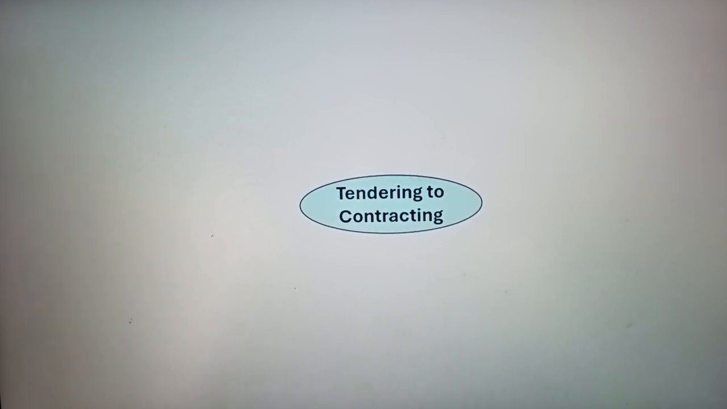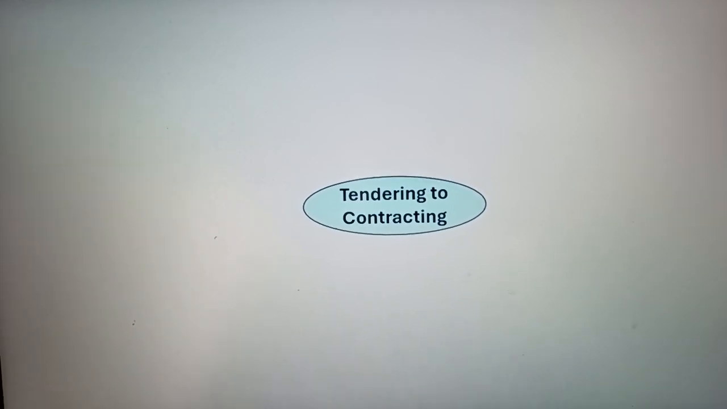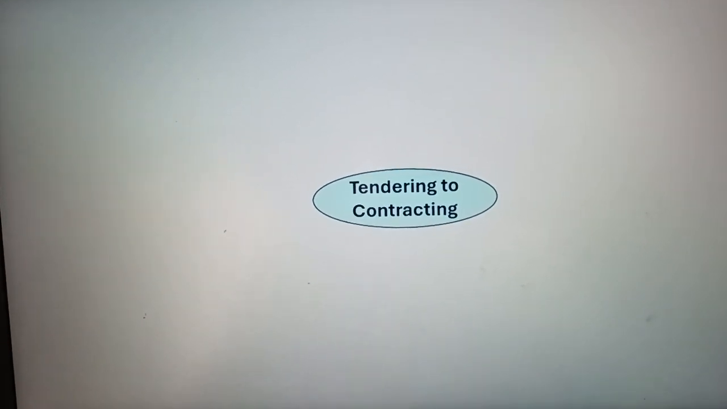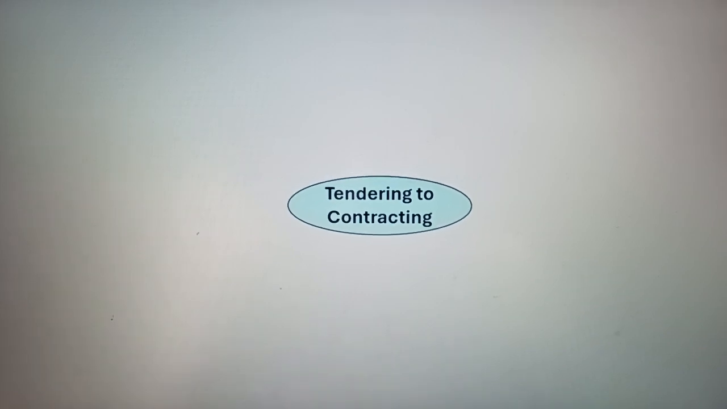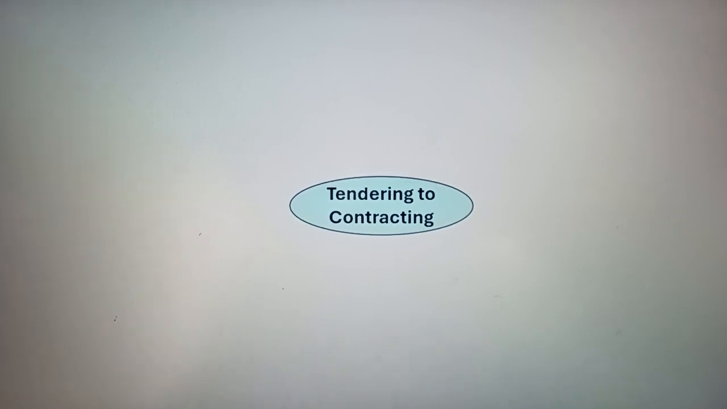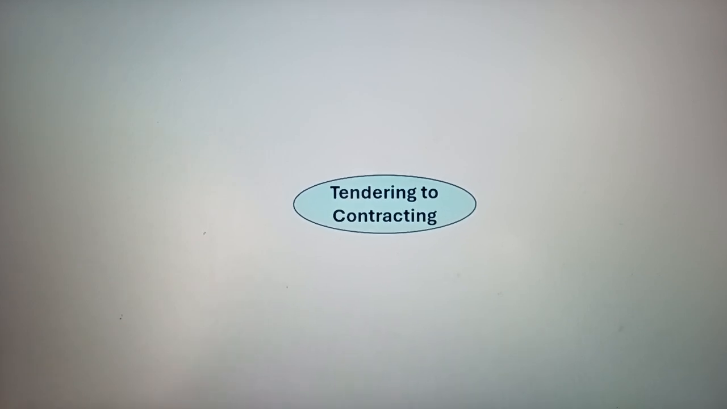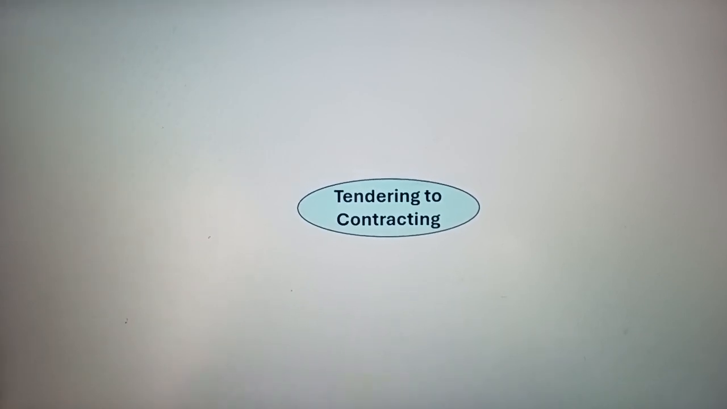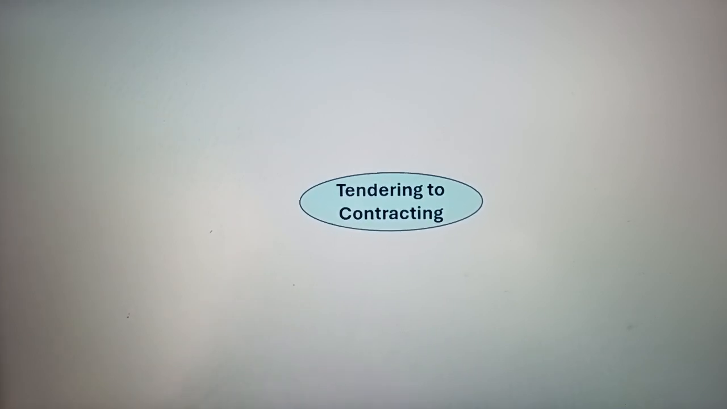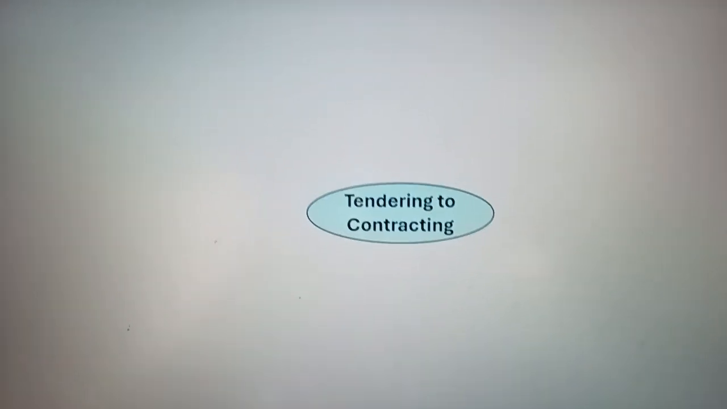we discussed in the previous video the different things which we need to review in that purchase requisition, so we cannot find any type of mistakes or glitch in the future contract. So today we will discuss the complete cycle of procurement from tendering to contracting. It is also called P2P, procure to pay cycle. So first we will